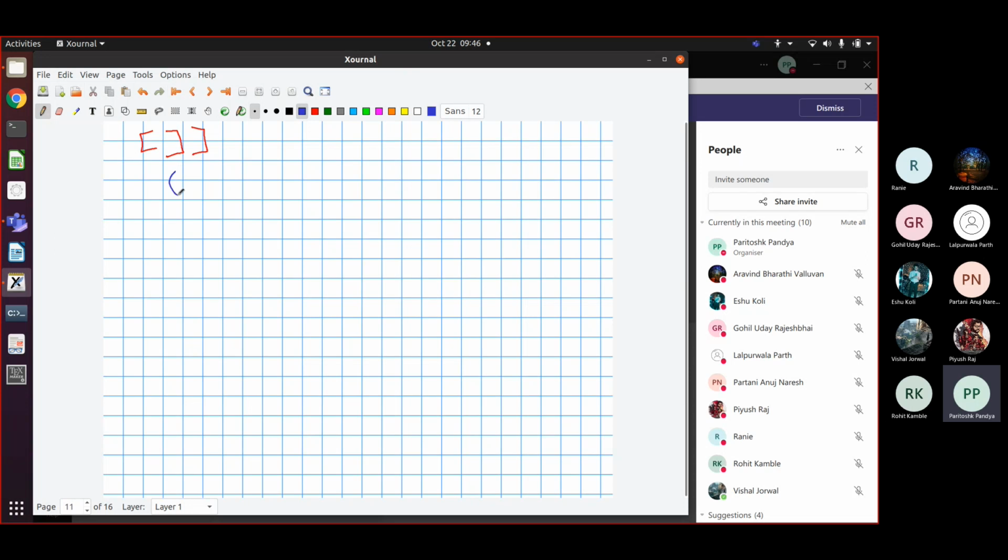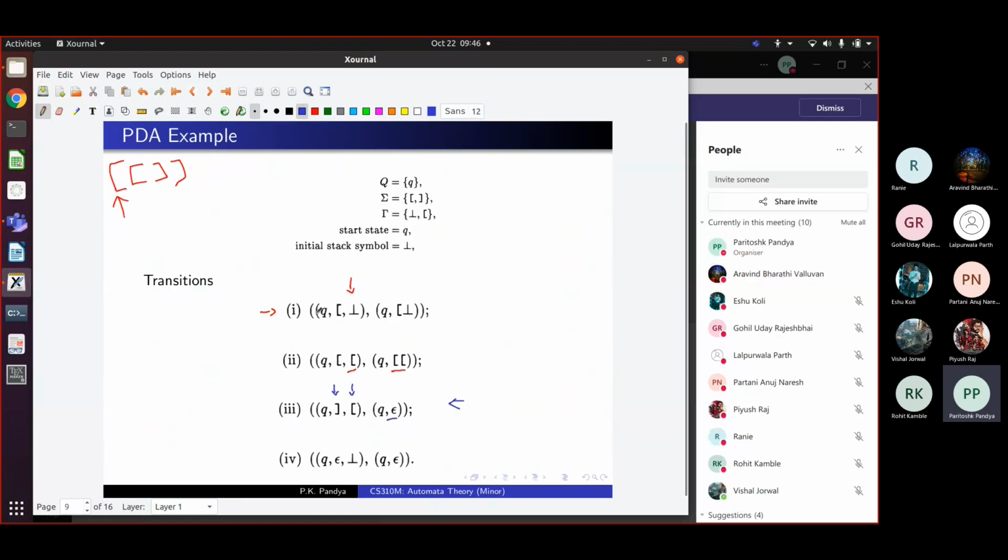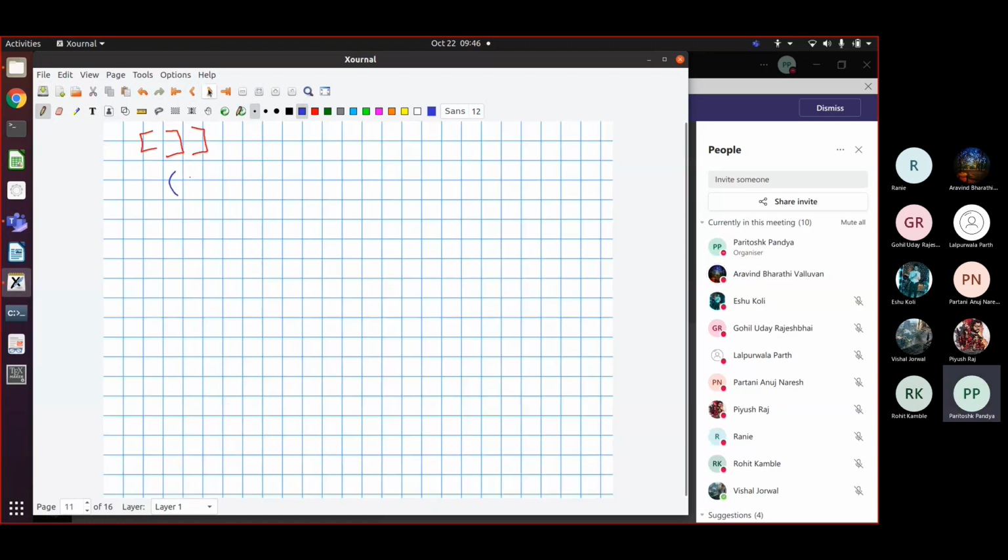So what is the start configuration, Arvind? We'll start in the state. The automaton has only one state Q. So we'll start in that same Q. The string itself is the full string, but the letter that we will see is just the first letter. In the configuration we give the string to be processed. And on the stack, what will be there? What will be the initial stack? Just the bottom symbol, right? This is the initial configuration. Now, what will happen?